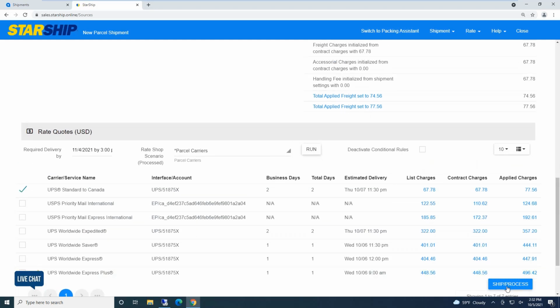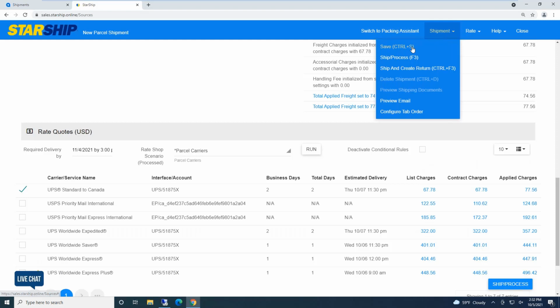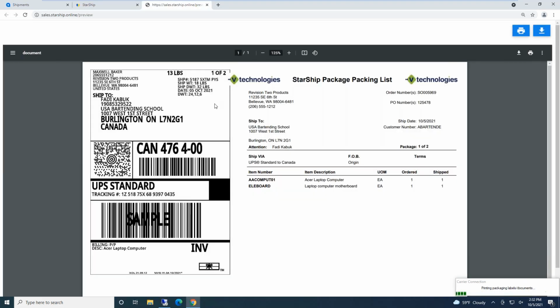But once I'm ready to process a shipment, I can click Ship and Process, or up top we have shortcut keys. We can use any of these drop downs, maybe even create a return label. But once we click Ship and Process in your live environment, Starship would immediately print out your shipping documents. I actually PDF everything so you can see them, so it does take a moment for Starship to pop all the different PDFs. And in this case, being an international, you're going to see Starship is going to generate my